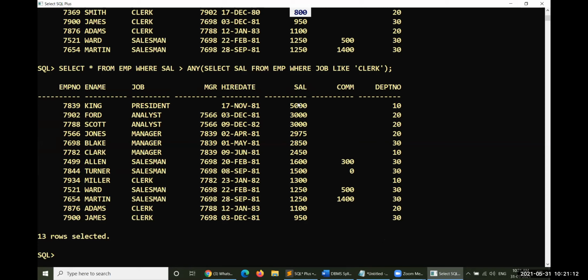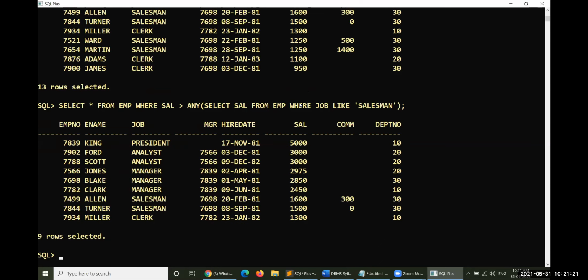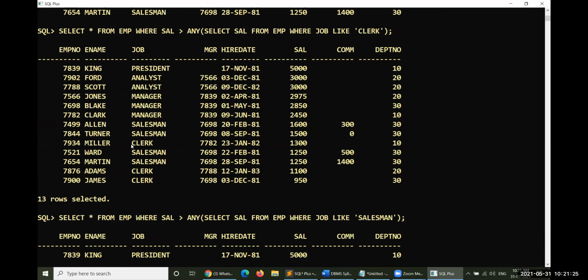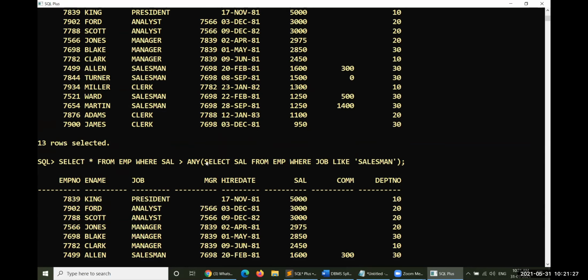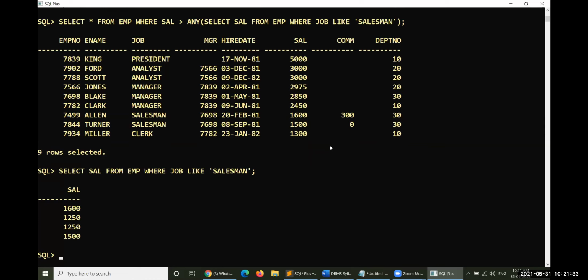Otherwise, if you want to change something, say job like salesman, for example. What is the minimum salary of a salesman? Let us execute this particular query separately, then you get the complete information about the salesmen here. Look at this: 1600, 1250, 1250, 1500.